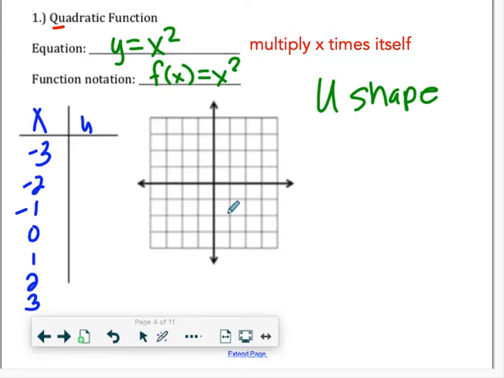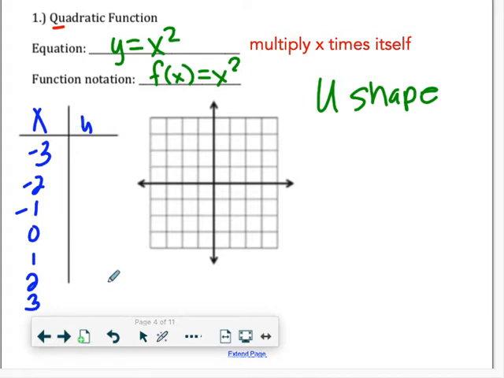And off to the side there I have the phrase U shape written down. So the U shape is going to be helpful. It's helpful for me to connect the name quadratic function with U shape. Okay? So looking through this, we're going to take all of our x's and plug them in to get our